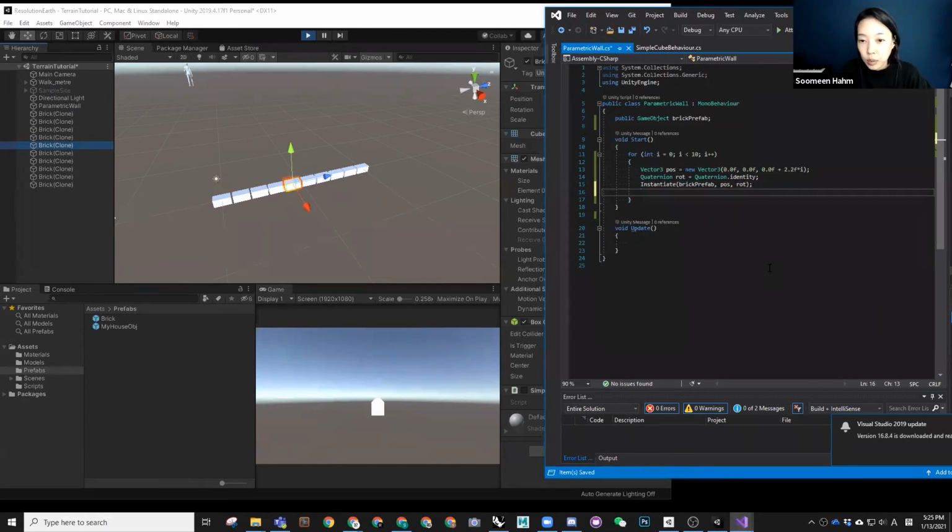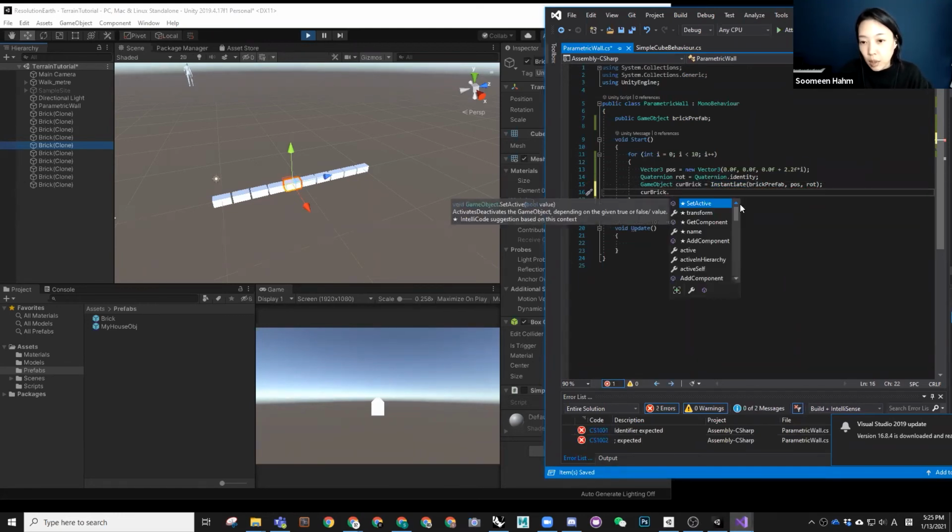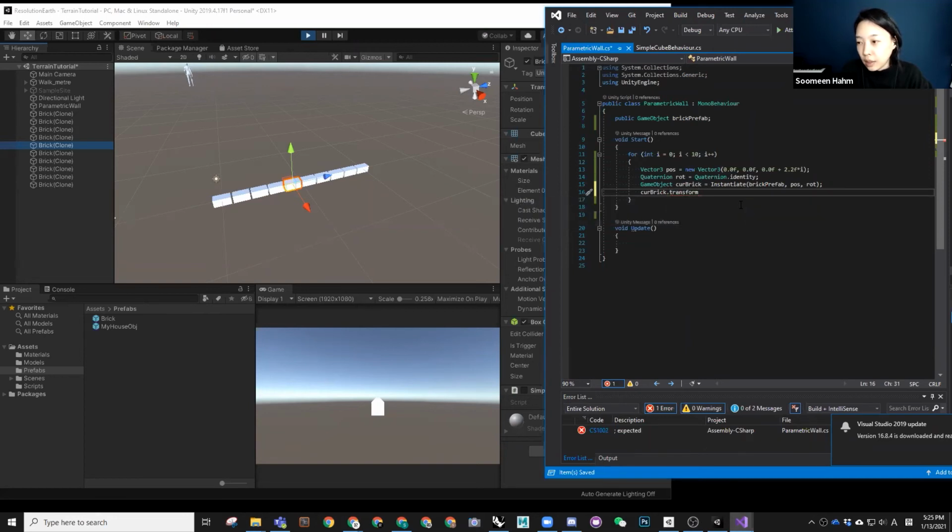I can also add some rotation. So in order to add the rotation to this exact brick, you have to declare a name for this. So the one that we just created is a game object, and say current brick is an instantiated brick, and I'm going to rotate this one. So this one we already did. So say dot transform and rotate, and we are going to rotate